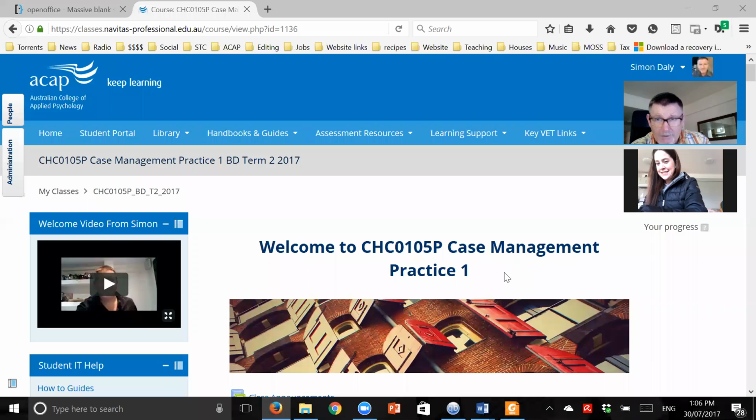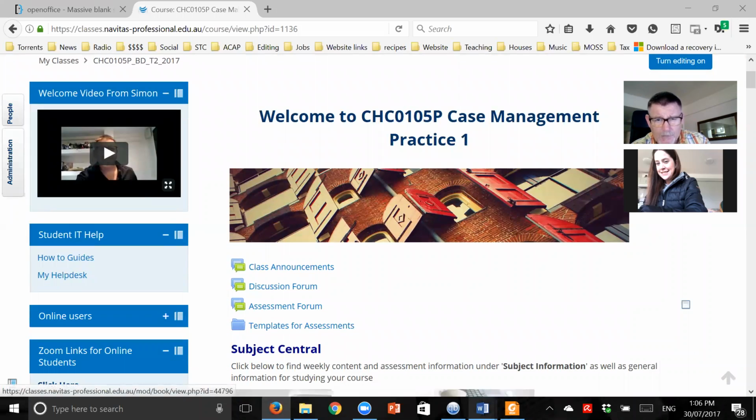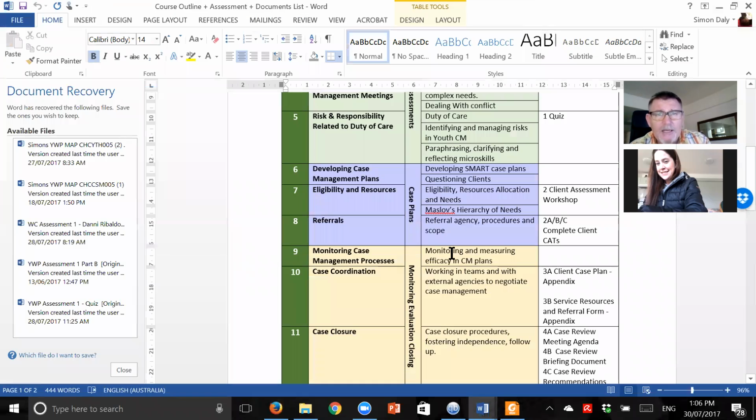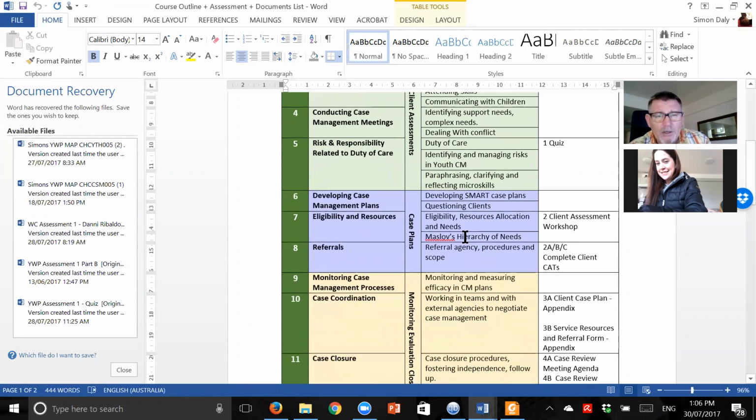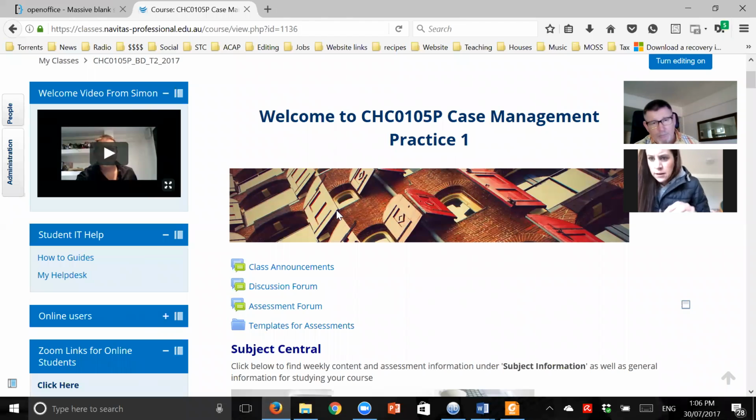Anyway, let's share our screen. And we'll start looking at where to get case plans. Now, I think case planning actually came up earlier on. I did have a document. Look, in here, case planning probably occurred around week 6. Development of SMART case plans was week 6. So even though we've done the learning, we're going to review that because